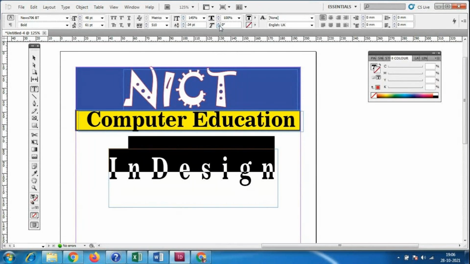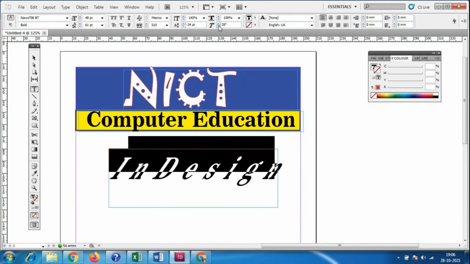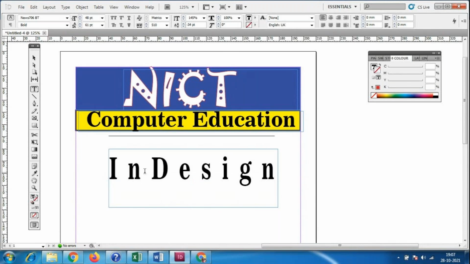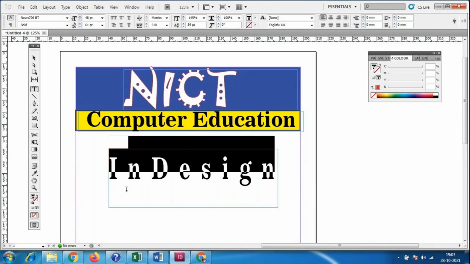Next we have to make the text slant. In newspaper designs or any designs, when we have to make a title or a subtitle, at that time we have to use text like this, with slanting and so on. Control Z. However much area we are selecting, only that much text is going to bend. Suppose only this design I'm going to bend.